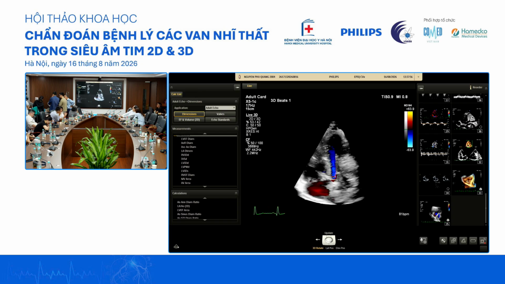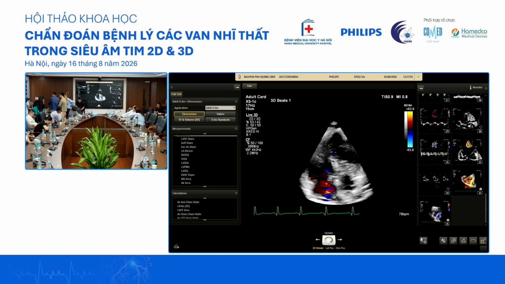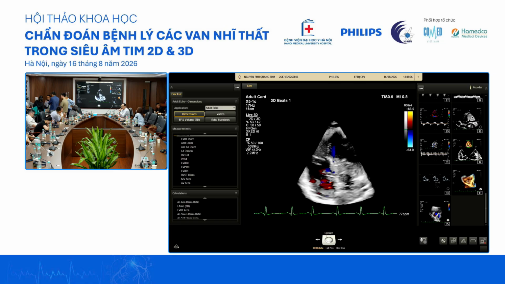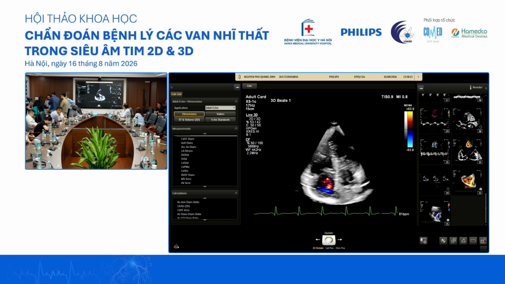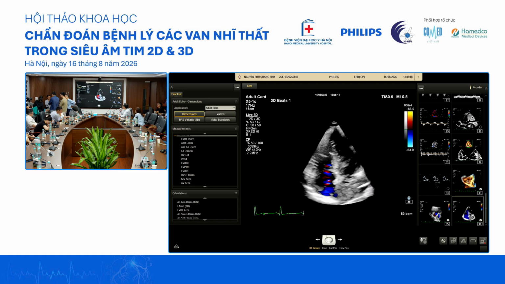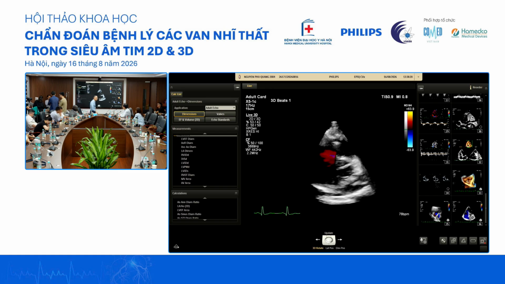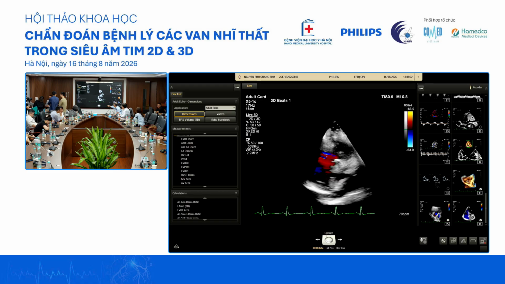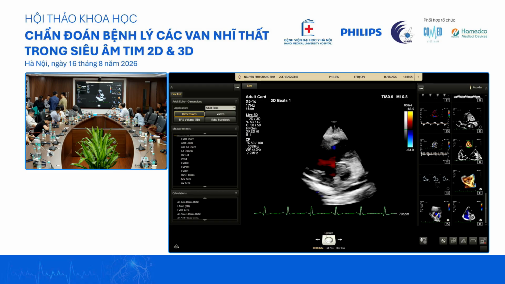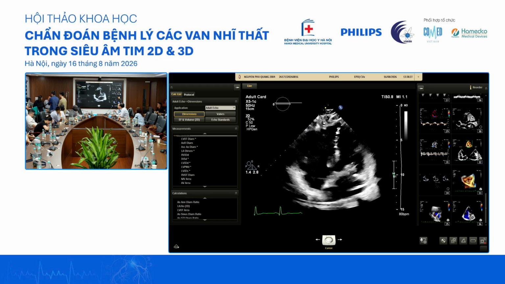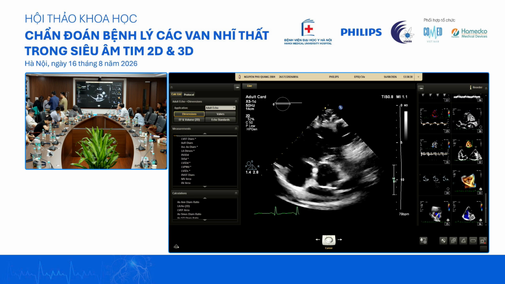Then we turn on live 3D. Here should be septal anterior. So it's a central jet. Central jet. Is it functional? The main reason is why it's functional.